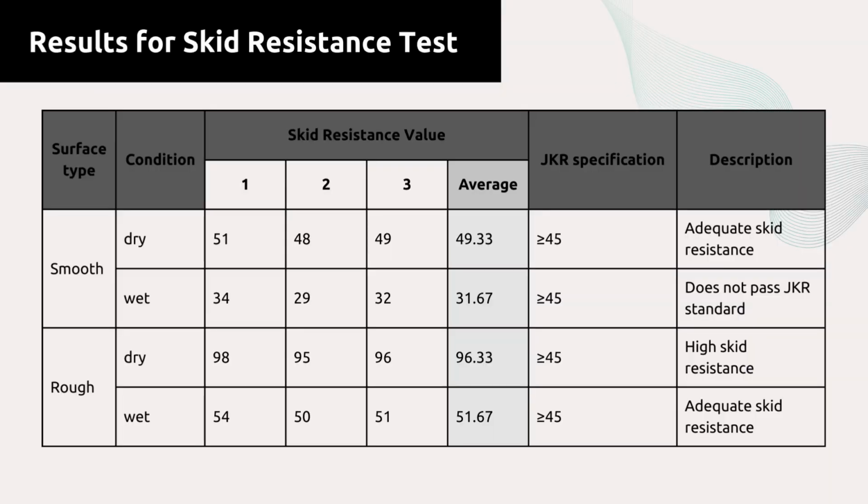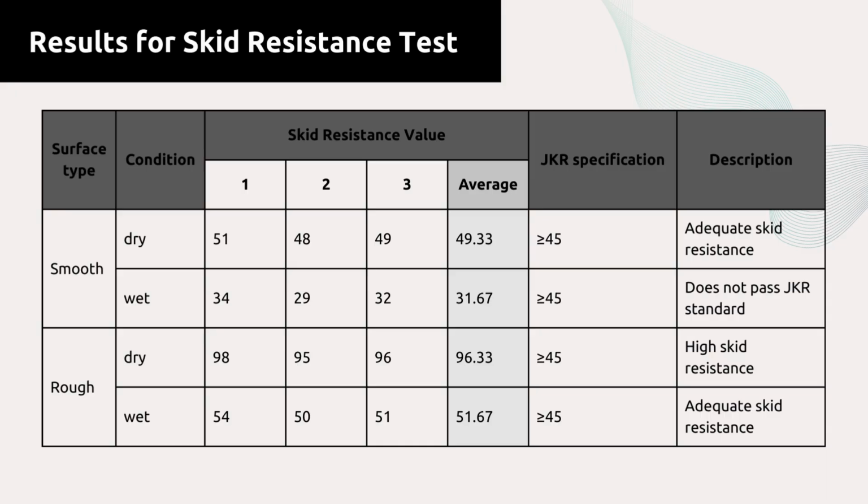These are the results for the skid resistance test. For this test, each measurement was repeated 3 times and the average value was taken to obtain more reliable results. The same procedure was applied for both smooth and rough surfaces under dry and wet conditions. The smooth surface under dry condition recorded an average skid resistance of 49.33, which meets the JKR requirement. However, under wet condition, the value dropped to 31.67, which does not meet the specification, indicating a higher risk of